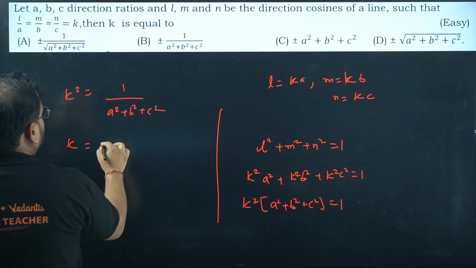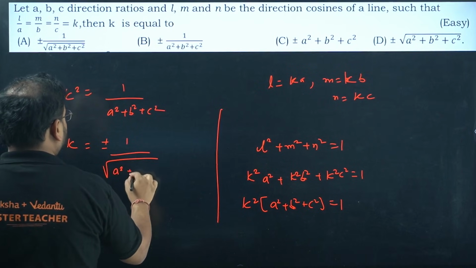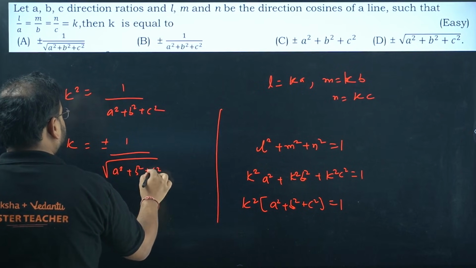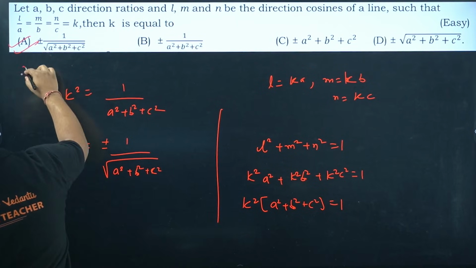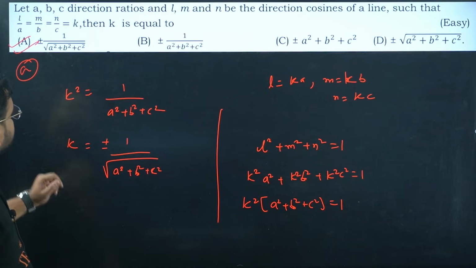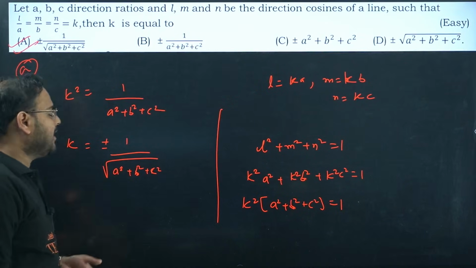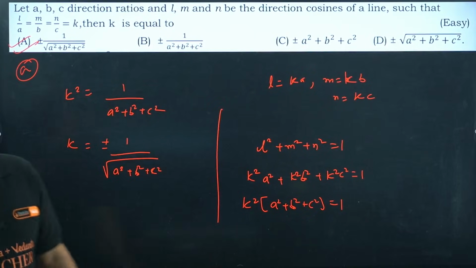So the K value is plus minus 1 upon this root, right? Please check. So the answer is option A, 1 upon the root of A square plus B square plus C square with the plus minus sign because of the root presence over here. Next,